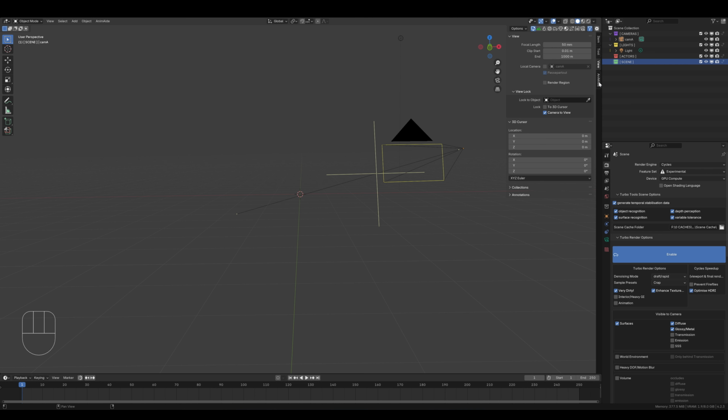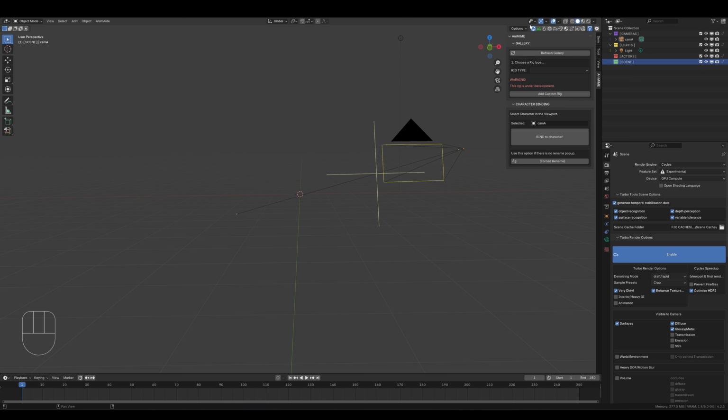And on the right side of the 3D viewport, you'll see the AniMiME tab. Select it, and immediately you'll see our interface. If you don't see anything come up in this drop-down menu, don't worry, everything's fine. Select Refresh Gallery. That should populate all of the galleries going forward. The first rig that pops up is one that is working in development. So we'll just select this and go down to the